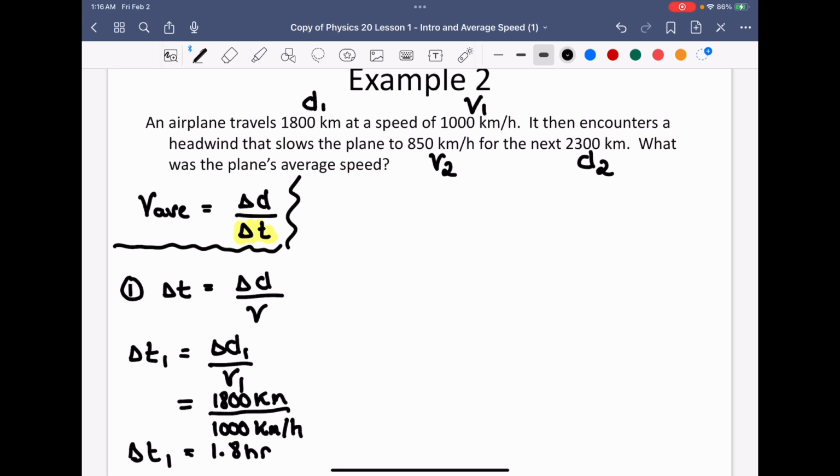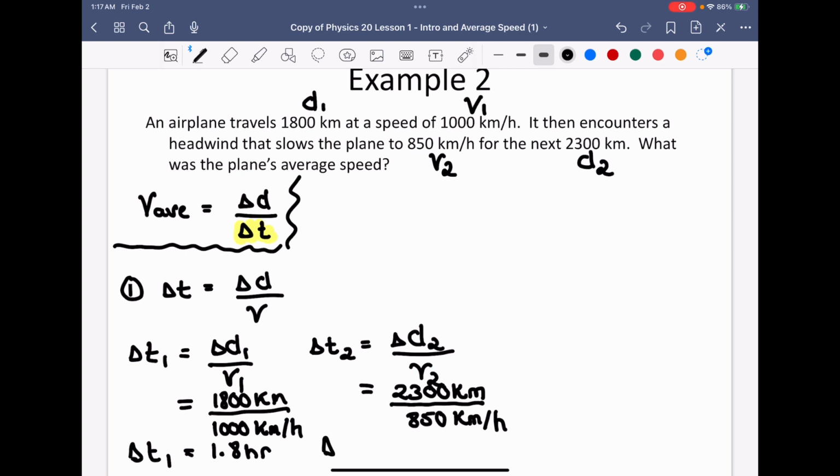Now I need to do that same calculation for the time in the second piece. So that's change in distance 2 over the speed 2. This is equal to 2,300 kilometers, the total distance traveled in that second section, divided by 850, which is that slower speed once it faces a headwind, going into the nose of the plane. And therefore, the total time spent in that second interval is equal to